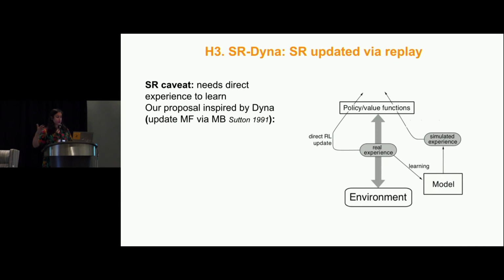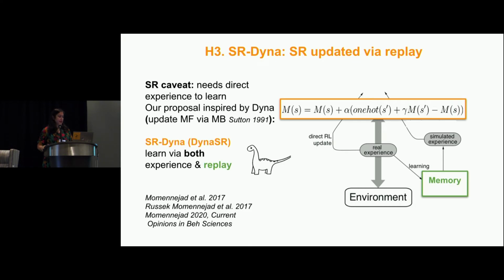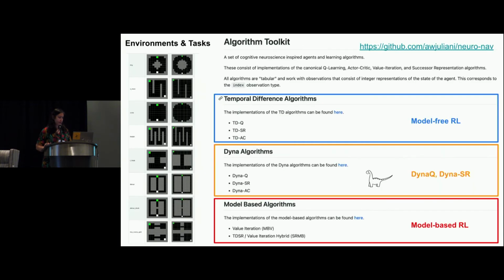The thing that I suggested, which was a kind of missed opportunity, I called it SR-Dyna, then I should have called it Dinosaur, is one where you update your successor representation using a Dyna approach, which is basically replay. In this way, you have an even more flexible approach that can update your successor representation multi-step dependencies so you don't grandfather an outdated relationship between some states. And I'll show you what that means behaviorally very quickly.